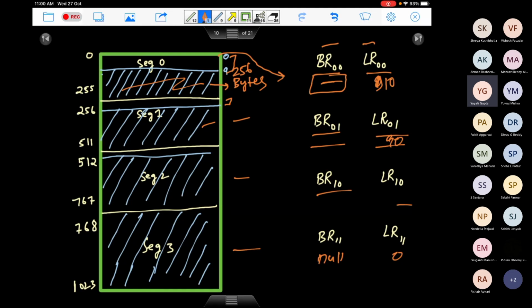But what problem do we have? All the segments are being loaded contiguously. So the entire segment 0 should be at one place in the memory, same as what was happening with processes. Entire segment 1 should be at one place in the memory. Right? So let's say a new segment comes, and its size is again very big. You have the total memory to give to it, but that memory is not contiguous. So still you cannot allocate memory to a particular segment. What is the solution?